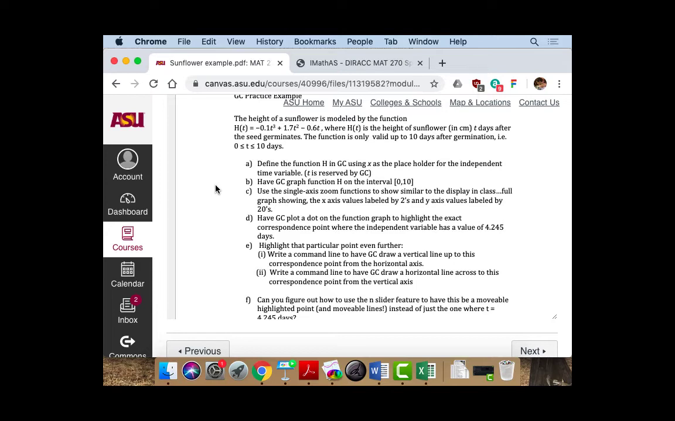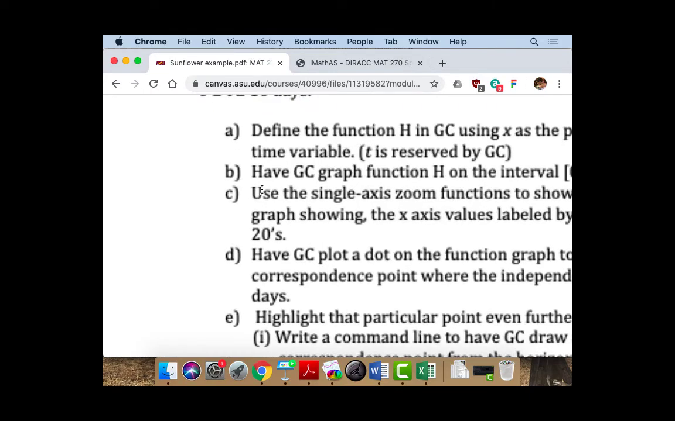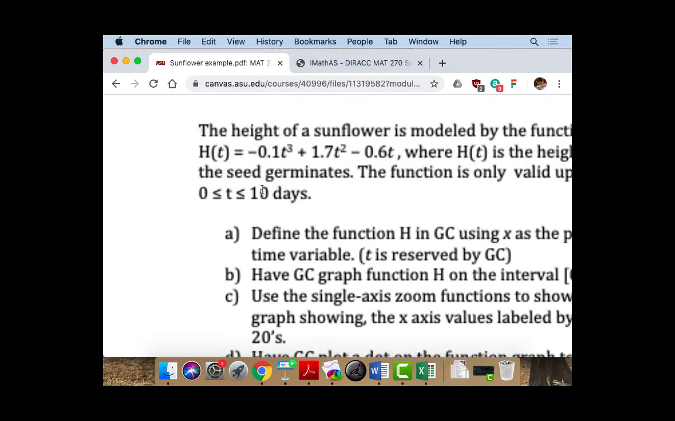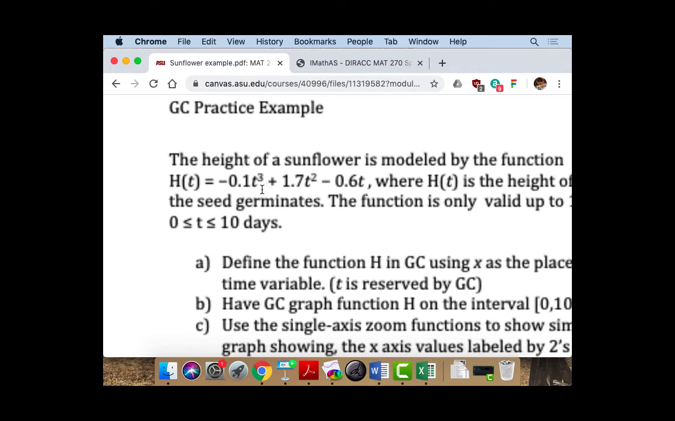So, in any case, the height of the sunflower. Can I zoom this in? Quite blurry, but here's our height function here. It says h of t equals negative 0.1 t cubed plus 1.7 t squared minus 0.6 t for t equals 0 through 10 days. Now, if you go into GC,